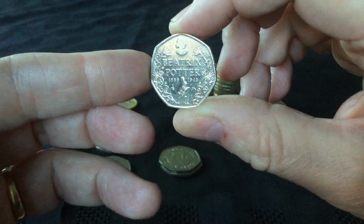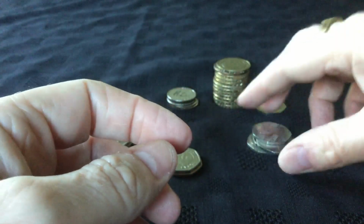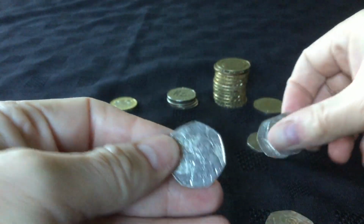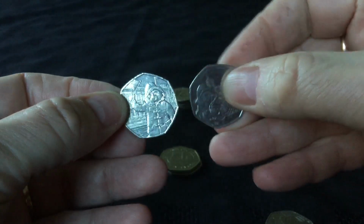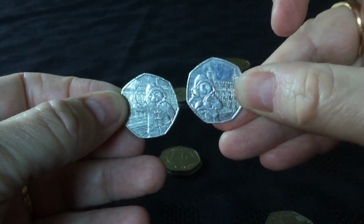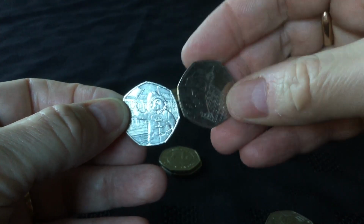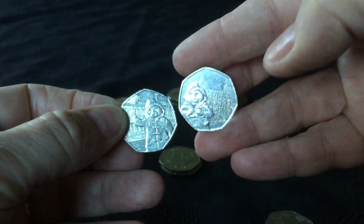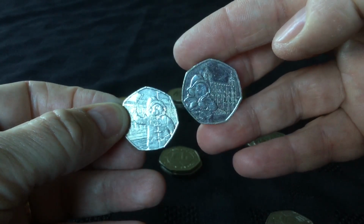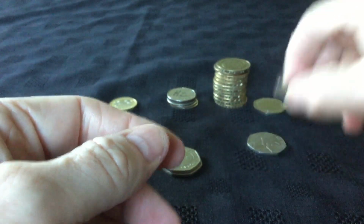Self-explanatory with the next couple. Nice Beatrix Potter anniversary medal, so that can go towards a set. And then two different Paddington designs. Particularly the 2019s, like this one. That one might actually not end up being kept because it's a bit scratched up. I've got quite a few of these. Again, popular little sets. We've got two outside the palace this week. So Paddingtons always go aside, as do